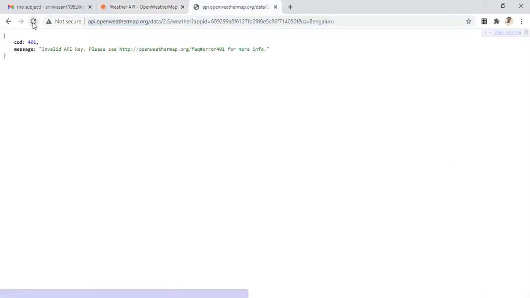I think the same ID is not allowing me to create one more key. Okay, so let me try the older one I created.